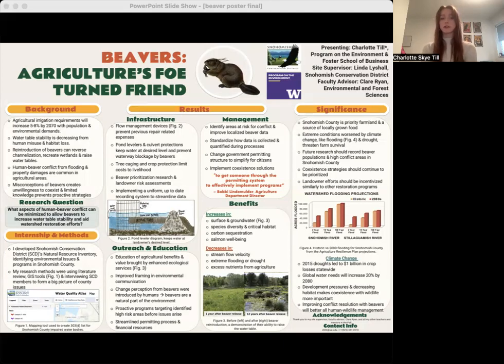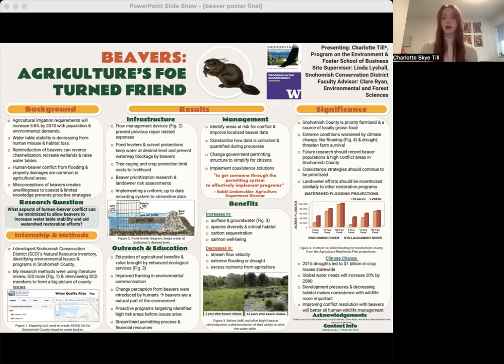Education and outreach efforts need to improve framing and environmental communication to shift the belief that humans introduced beavers and instead acknowledge them as a natural part of the environment. Although focusing on emphasizing agricultural benefits and ecological value brought by beavers is helpful, at the end of the day, agricultural landowners will prioritize farm well-being first.